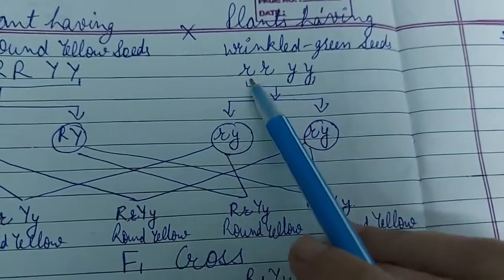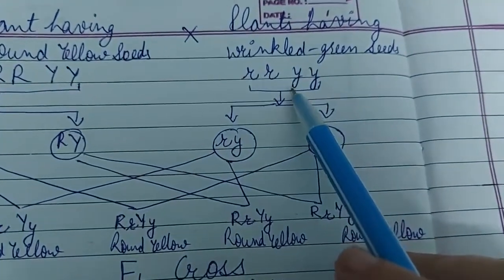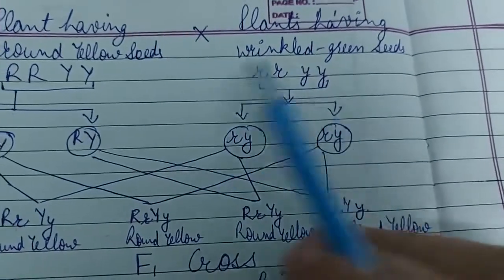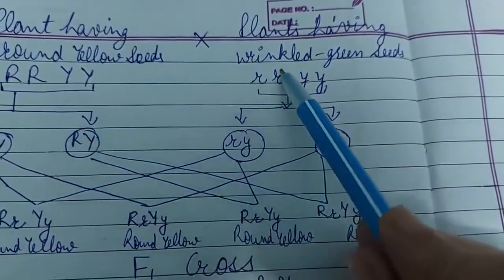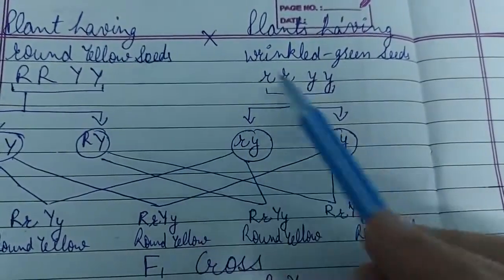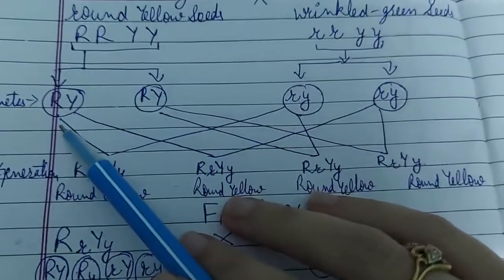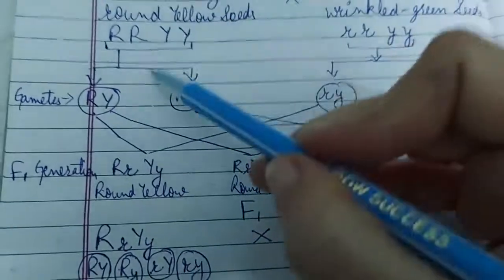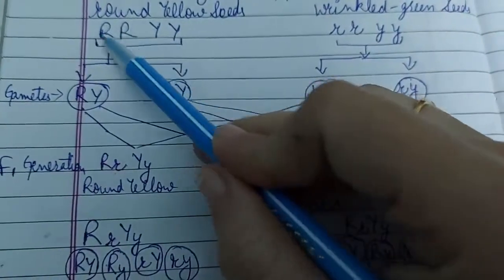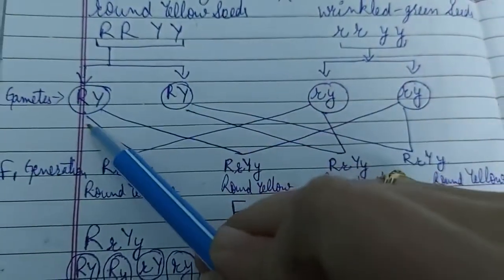So wrinkled is small r and green is small y, small y. Round is dominant over wrinkled and yellow is dominant over green. So when there is gamete formation, see how the gamete formation happens. One pair is this and the second pair is this. When gametes form,